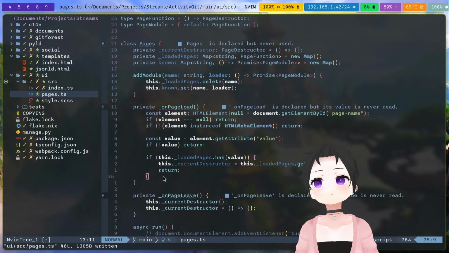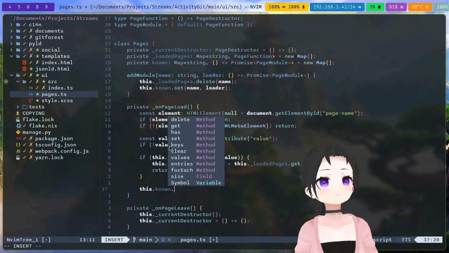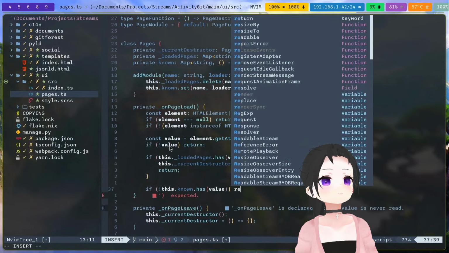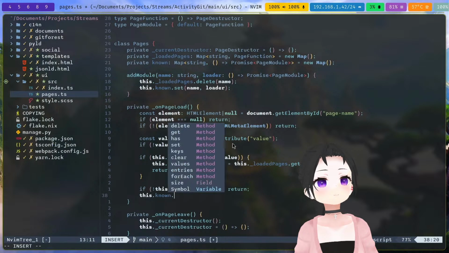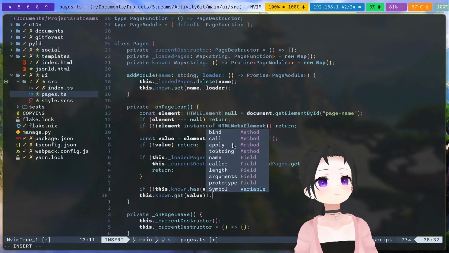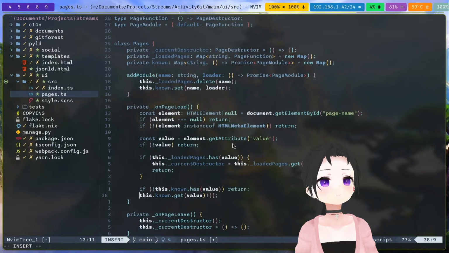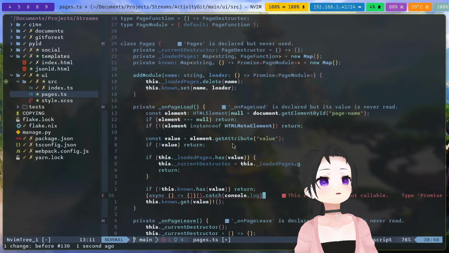Otherwise, this dot has value, if not, otherwise we don't do anything again. Otherwise we now switch gears to async, run it, catch console.log, actually .error,